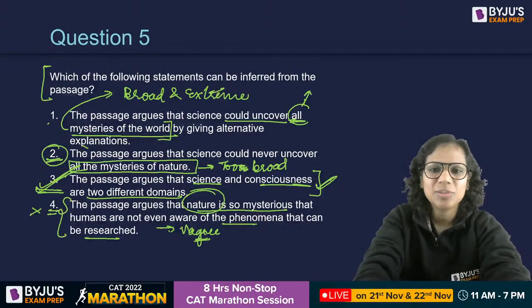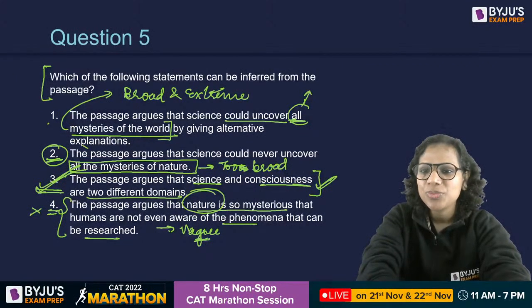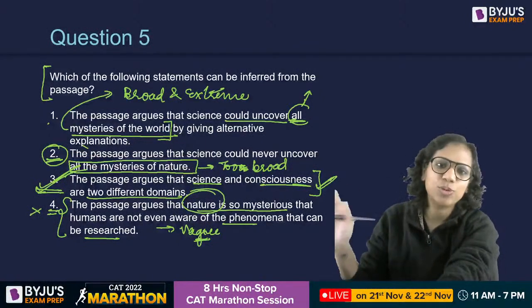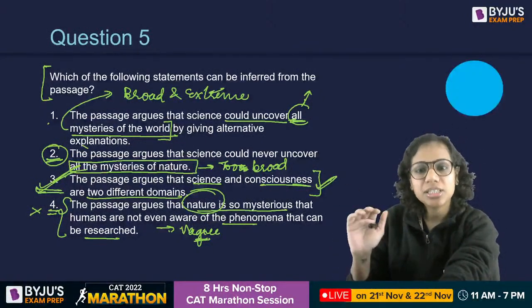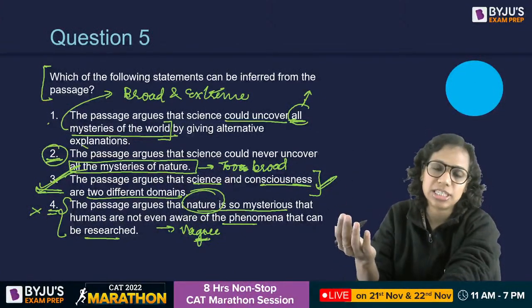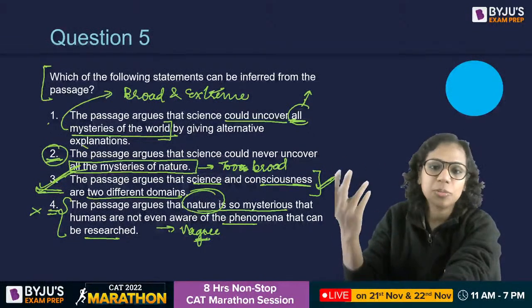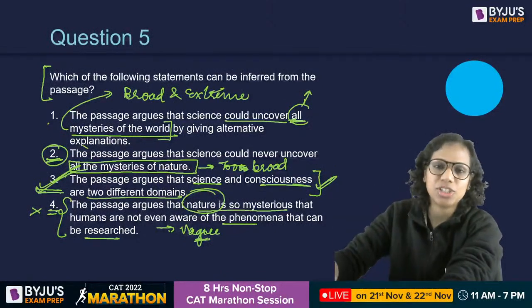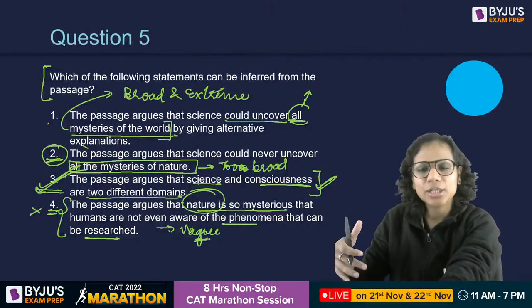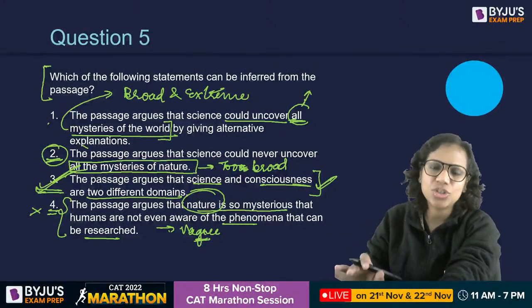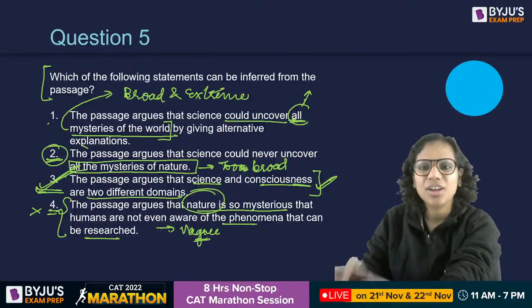So I thought to bring something trickier than what we did yesterday, and hence this passage. The passage was interesting. Yes, it talked about the hard problem of consciousness. Once you realize that you haven't been able to narrow down to even two options after, let's say, 50 seconds or a minute, then you realize that it's a difficult question for you, and right now you should leave that question. You could probably come back to it later if you have time. So you could be selective in such passages in attempting your questions. All right,